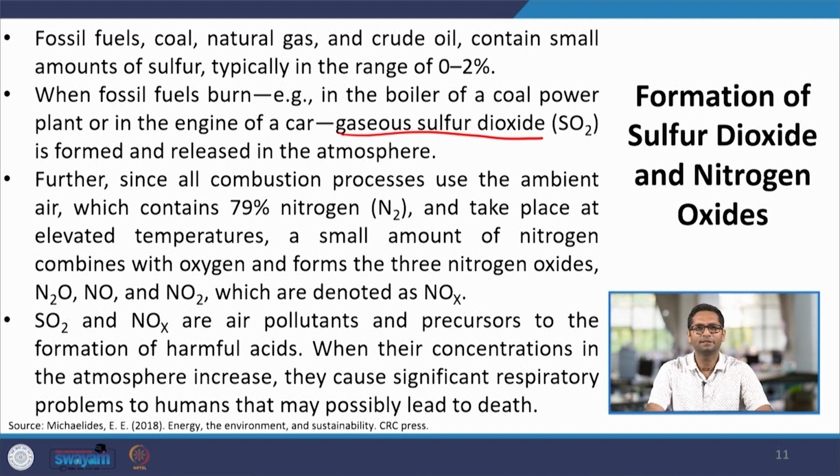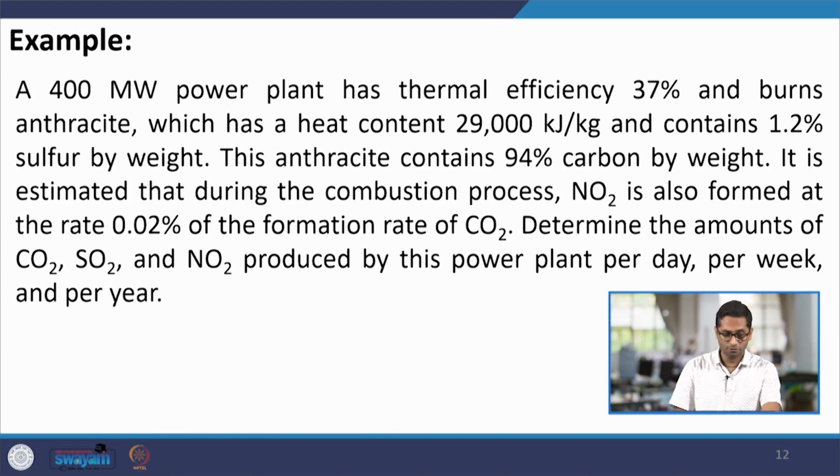The result has been significant problems, particularly for humans. It has caused respiratory problems in humans, and in extreme cases this has also led to the death of a certain number of people. If you remember in the earlier class, we gave an estimate that because of the increased emissions in the industrial age, the estimated number of lives lost varies between 25 million to 40 million people, which is again more than the combined casualties of World War I and World War II combined. So let us try to estimate